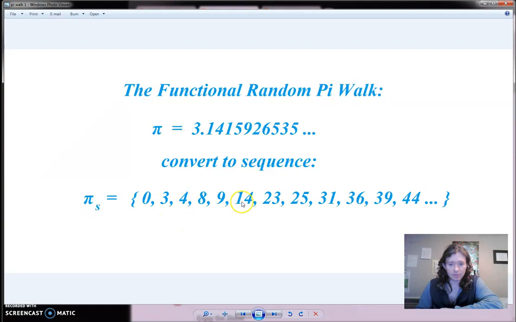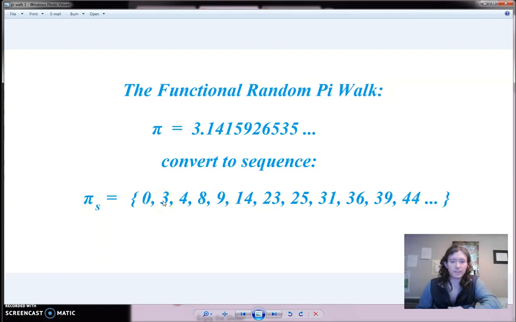What each one of these numbers, or rather what the digits of pi represent for this pi sequence, is that each digit in pi represents a delta between the successive elements in the sequence. For example,